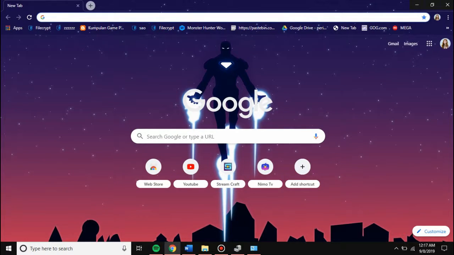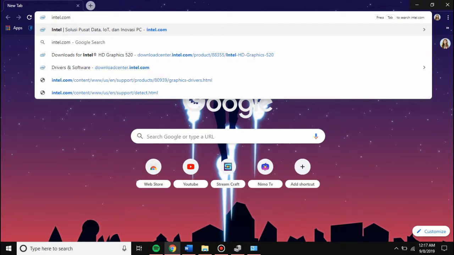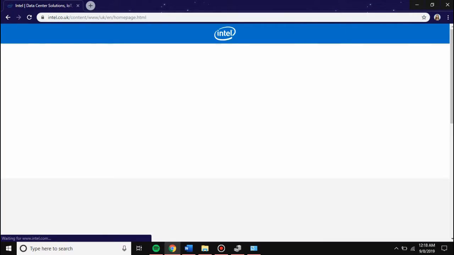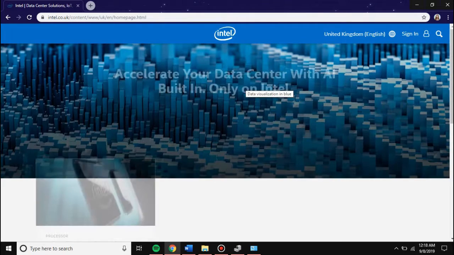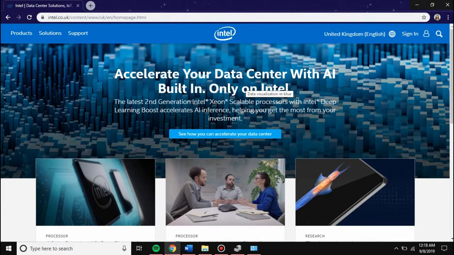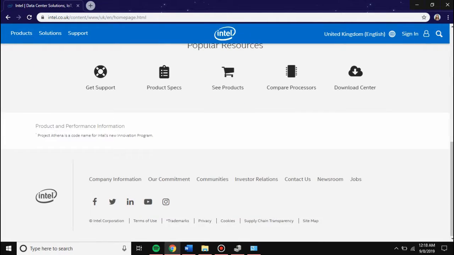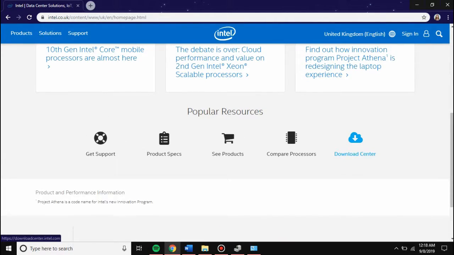Because I am using Intel HD, I go to intelhd.com. This is the main menu of the Intel site. So scroll down and then find the Download Center. Click Download Center